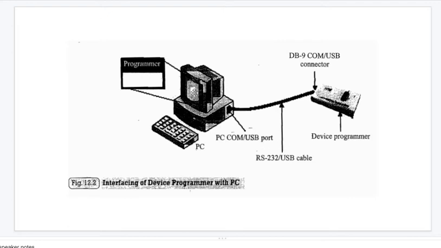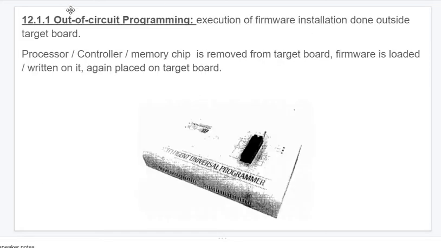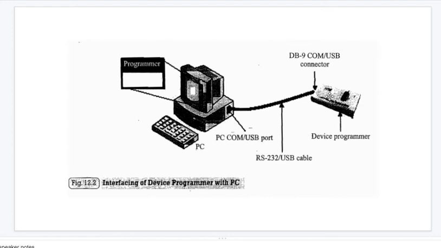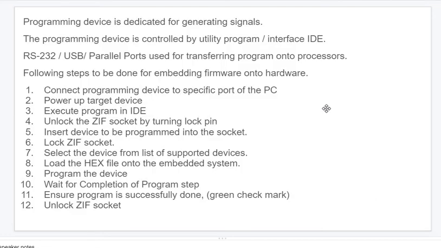From the computer as a source to the destination memory card, but who is really writing on the memory is not the computer, it's the mobile. So this is the meaning of out of circuit programming. Take the processor or controller or a memory chip and connect it to a special device called a device programmer. Transfer the data from the computer to that, and after use you connect the memory card again.